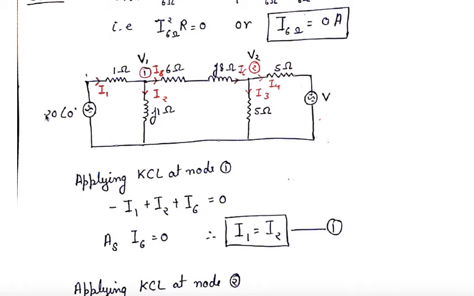I have marked it this way because I know the value of this voltage. I have marked the current because this is the active source, and obviously this V1 voltage, whatever value it has, is not an active source. It is just some voltage drop at this point. So we have marked the current in this direction, but you can take it in either direction, that is not a problem. So we have marked the current I1, then I2, and we have marked it as I6 because we are already using the nomenclature I6.